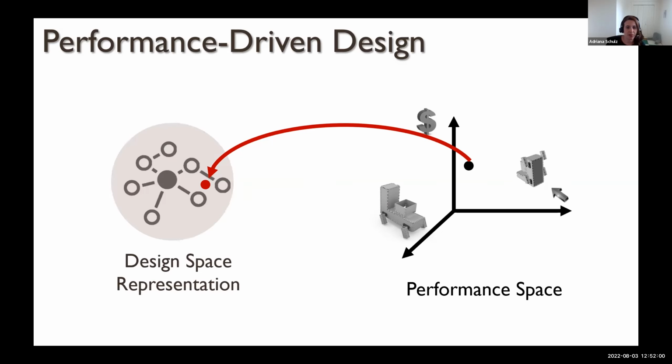And representing the space of objects that you can create so that you can search is a really important and fundamental step in building these types of systems. And it's also one of the hardest steps, because depending on how we represent the space of designs, we might be able to design more things, have more diversity. But it also might be more challenging to actually converge to specific shapes that achieve good performance. Or it might mean that the majority of objects in your space are actually meaningless. Right? So thinking about good representations is extremely important. And there's really no silver bullet.